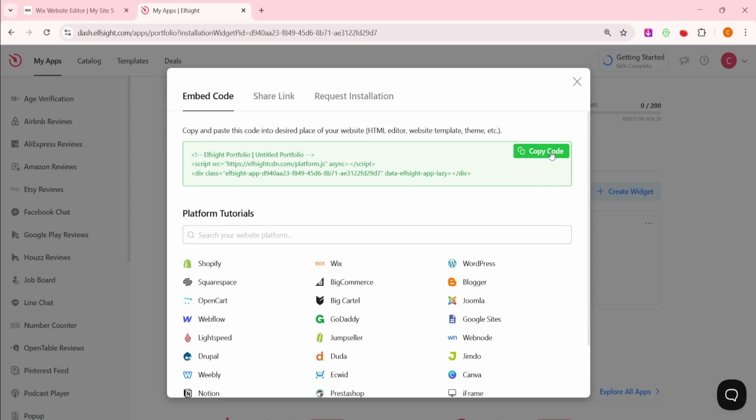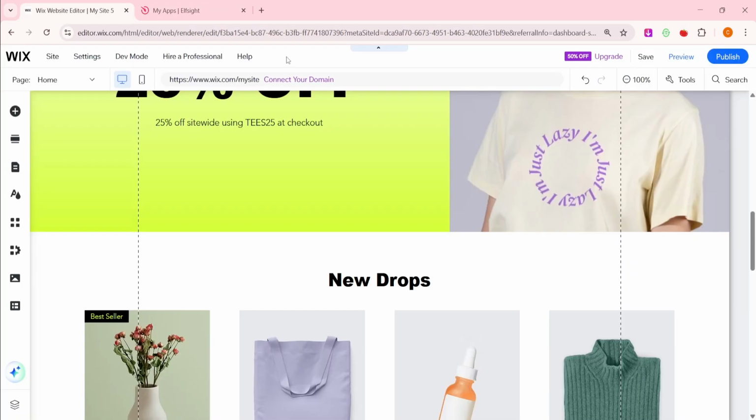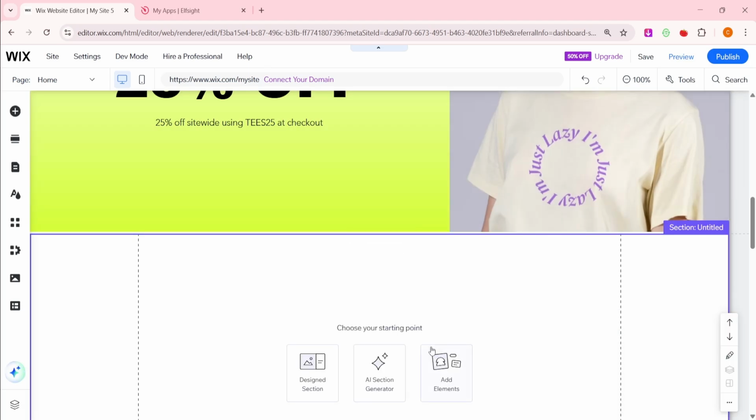And now it's time to head back to our Wix website editor. Once you are on your Wix website editor, the first step is to choose what page you want to add your widget to. In my case, I'll add this to my home page, which I can select right here. Then choose the section that you want to add your widget to. Click Add Section, click Add Elements,